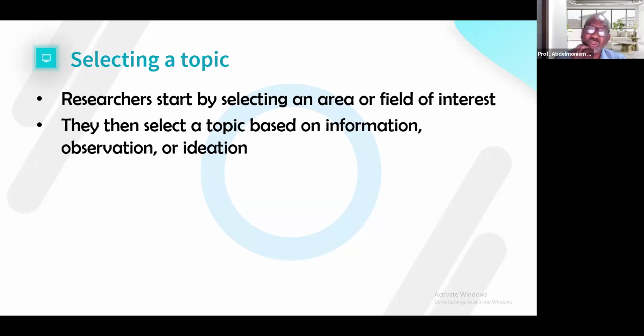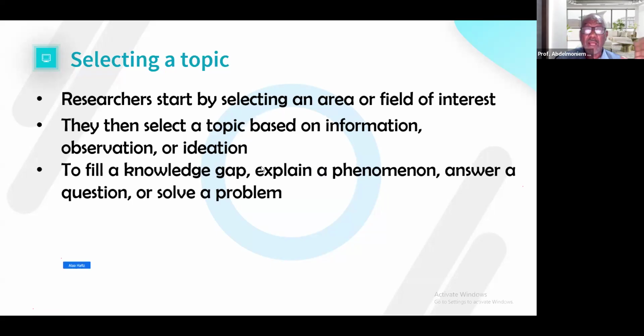I thought of something, and I wanted to select a topic based on that. So you start with an area, then you select a topic based on information. And usually the purpose for the topic is to fill a knowledge gap, you identify the knowledge gap, or you want to explain a phenomenon, or you want to answer a question, or to solve a problem.